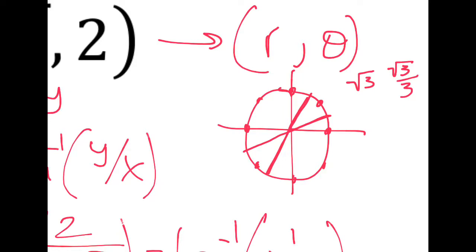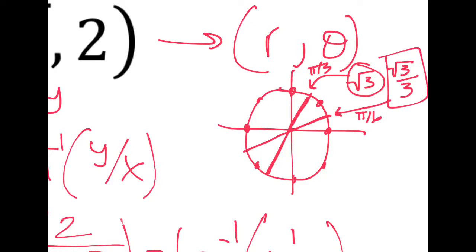That's just something I remember. You can also just use the xy points from your knowledge of the unit circle, but you should get there either way. Now, of these two numbers, remembering that they're representing the slope, which of these two numbers is bigger? Well, the square root of 3 has to be bigger because the other number is the square root of 3 divided by 3. And so the square root of 3 is going to correspond to that pi over 3 angle, and the square root of 3 over 3 is going to correspond to those pi over 6 angles,